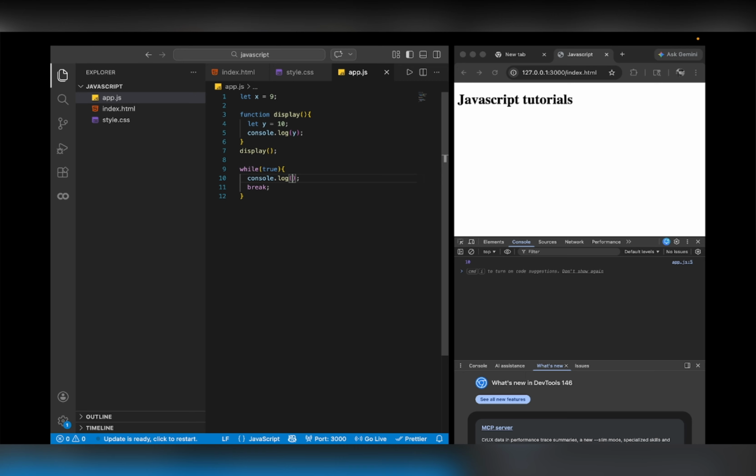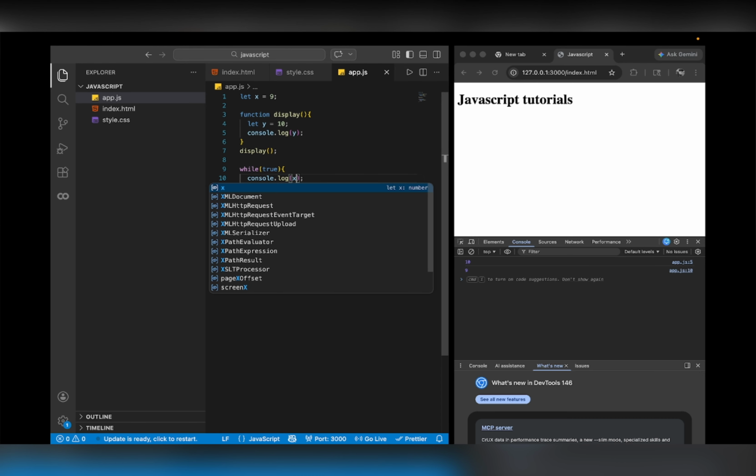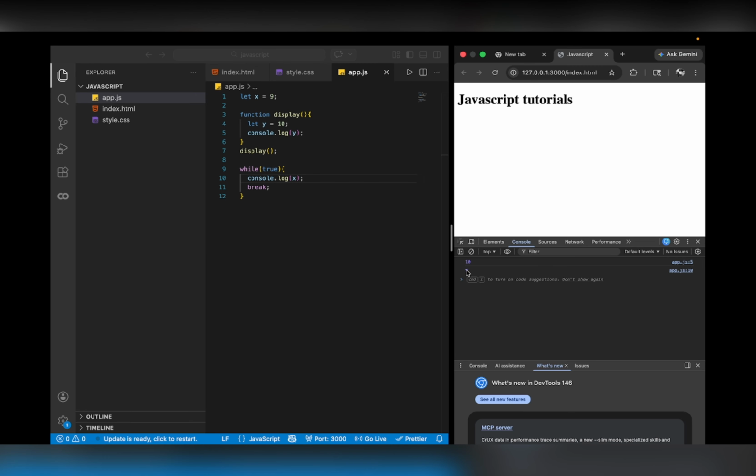वही अगर हम लोग इस while के अंदर इसे एक्सेस करना चाहें तो वो नहीं हो पाएगा। यहाँ पे आप देख सकते हो Uncaught ReferenceError: y is not defined। तो क्योंकि इस y का स्कोप सिर्फ फंक्शन के अंदर लिमिटेड है, तो हम लोग इसे while के अंदर नहीं ले सकते हैं। वही अगर हम लोग x करें जिसका स्कोप ग्लोबल है, तो उसे हम लोग इजीली एक्सेस कर पाएंगे, लाइक यू कैन सी हियर 9।